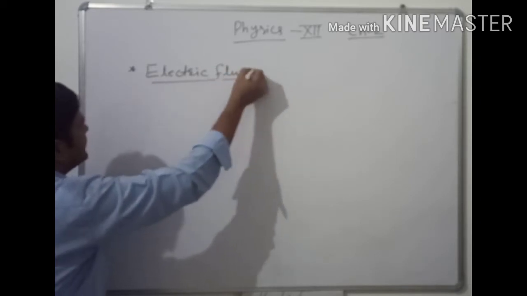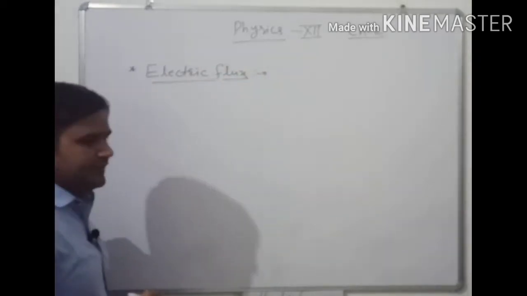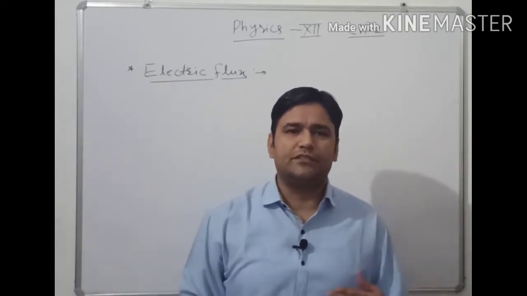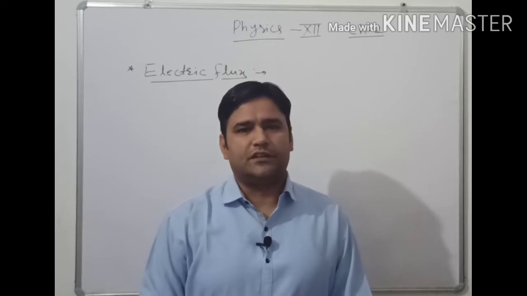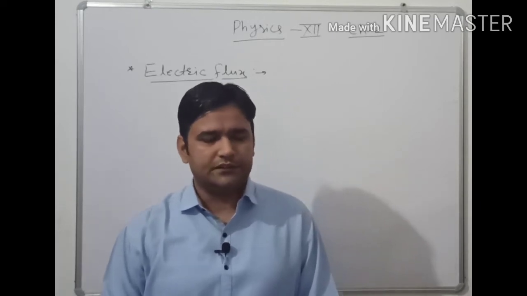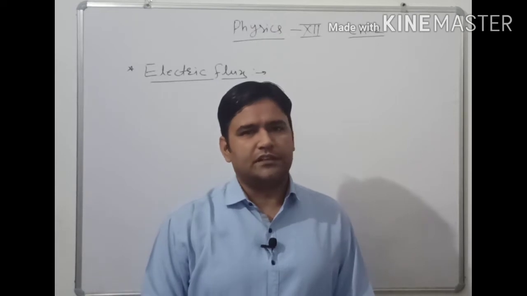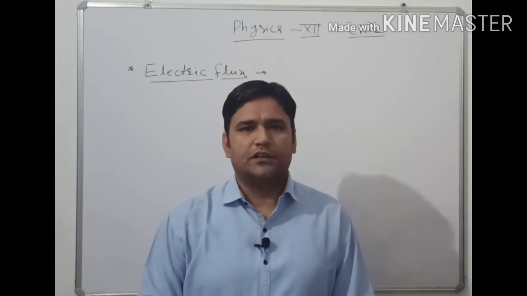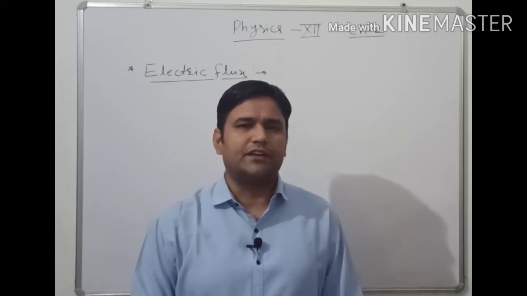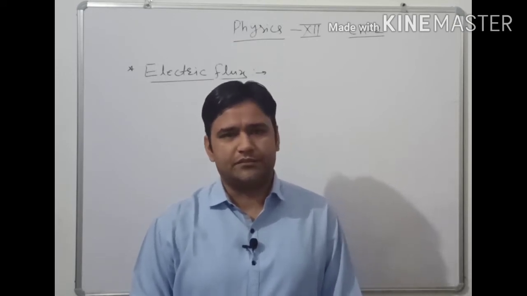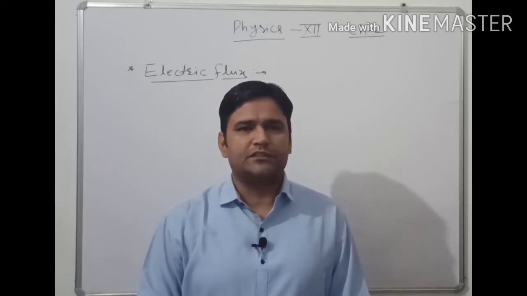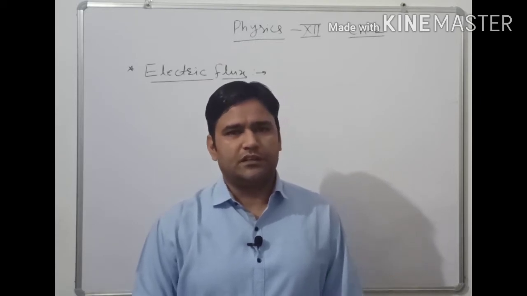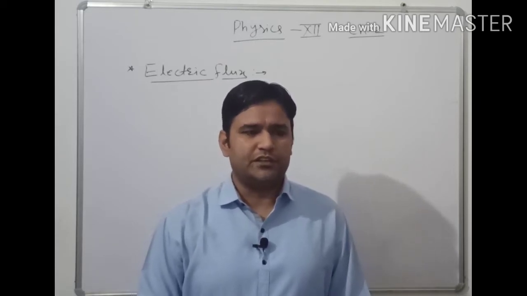First thing, what is electric flux, how it is to be calculated, and what is the formulation for it. After that we will discuss the electric field for the uniform electric field and for the non-uniform electric field, and it is to be used in the applications of the Gauss law. Gauss law is also to be related to how to calculate the electric field or the electric field intensity due to different shapes. In this chapter we are just to be considering the 4 derivations. Out of 4 derivations, one is to be almost in each and every examination.